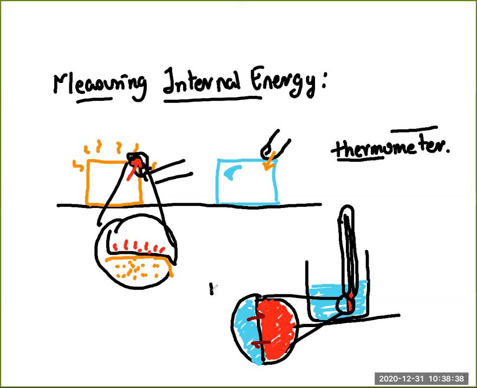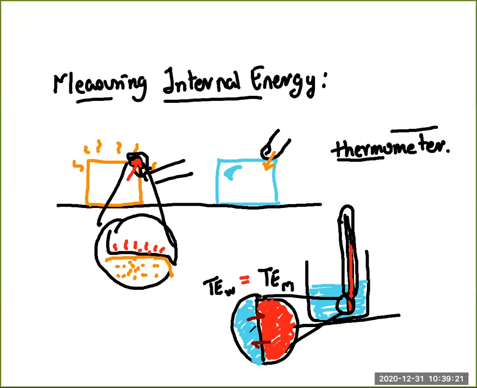So let's say that the thermal energy of water is greater than the thermal energy of mercury. In that case, the thermal energy is going to flow from the water through the glass into the mercury. So the mercury molecules gain this thermal energy, and naturally, because thermal energy is gained, the volume will start to rise, and the volume will rise up to the point where this thermal energy is going to reach an equilibrium.